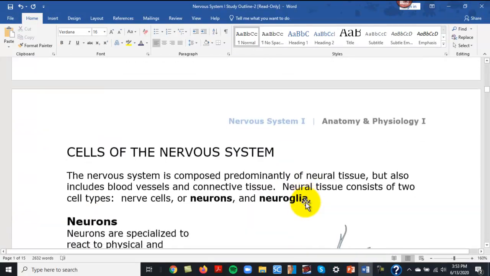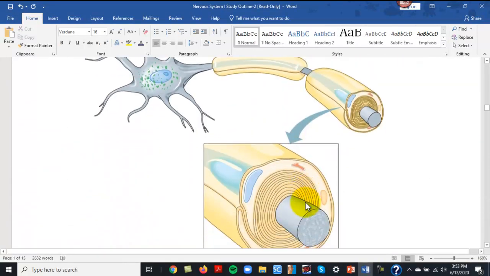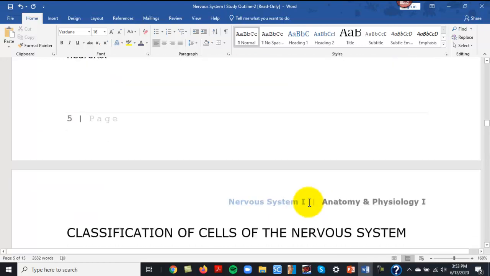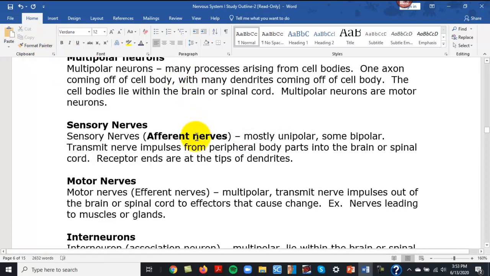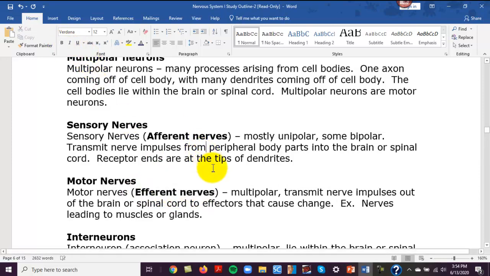Now, going back to this, a sensory nerve, I've already mentioned this a few times now. Sensory nerves are, of course, made of sensory neurons. It says mostly unipolar, some bipolar. They transmit nerve impulses from peripheral body parts into the brain or spinal cord. They're also called afferent nerves as well. Motor nerves are efferent. Efferent is something that's leaving. Afferent is usually referring to something that's going into something. Motor nerves, which are made of multipolar neurons, transmit nerve impulses out of the brain and spinal cord to effectors